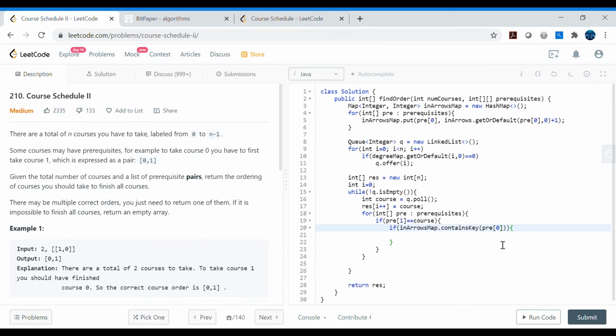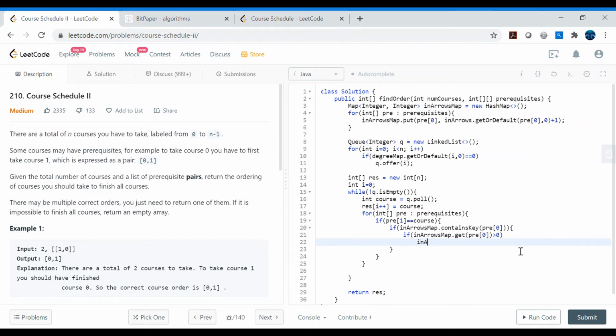If it contains, then I will be checking what the degree is, meaning how many in-arrows are there in this map. So inArrows map get pre 0, and if it is greater than 0,